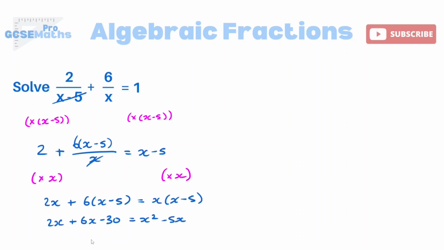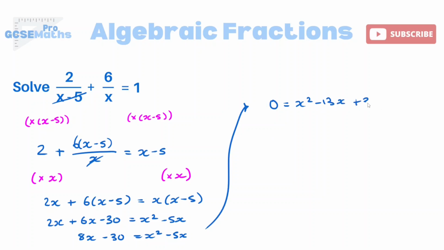First of all though, I can add together 2x and 6x, and then I'll move everything. So let's bring it up here. 0 on the left, we've got x squared. Minus 5x, take away another 8x is minus 13x. And then we're going to need to add the 30. There we go. Now this quadratic I can't simplify any further, that's just as far as it goes,